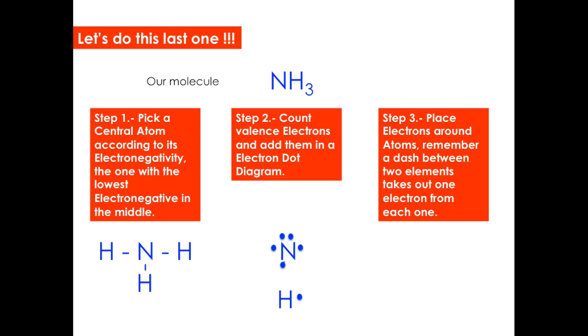Third, place electrons around atoms. Remember, a dash between two elements takes out 1 electron from each one. So from the previous structure, we can see the hydrogens are already complete because they have shared 1 electron and 1 electron from nitrogen. And nitrogen is using 3 of them, and obviously it has 2 more, and that will be a lone pair of electrons, and that's finally the